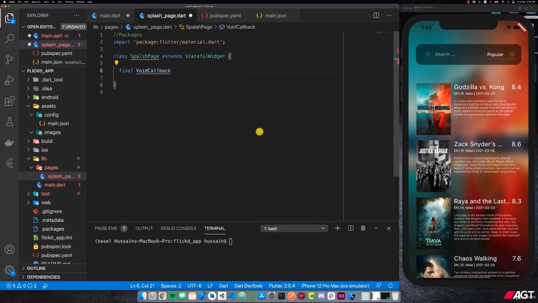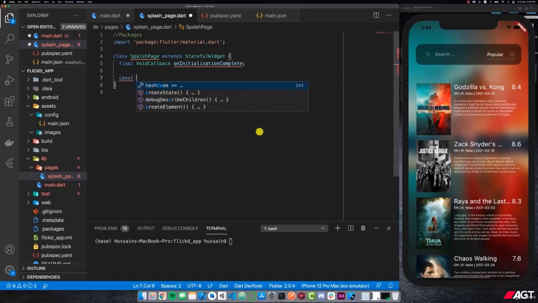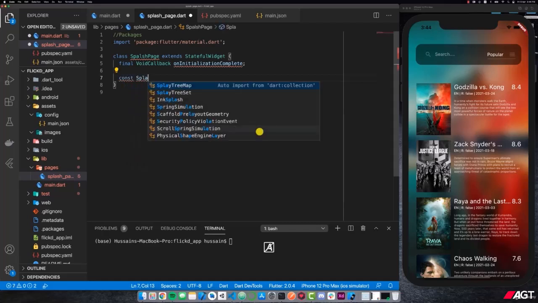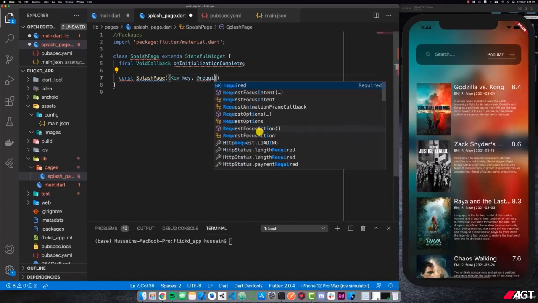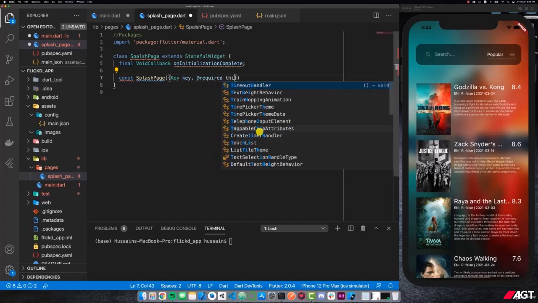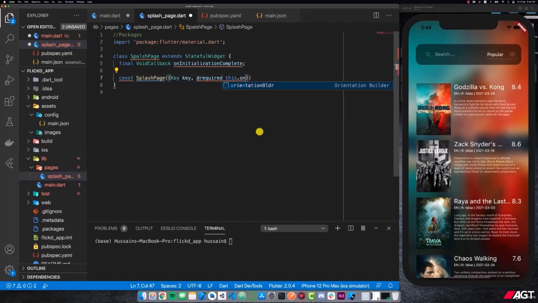So I'll call it void callback on initialization complete. And then what I'll do is define the actual builder function for our class. I'll call const splash page, and it'll take in two named arguments. The first is going to be a key of type key, and the second is going to be a required parameter, and that is going to be this dot on initialization